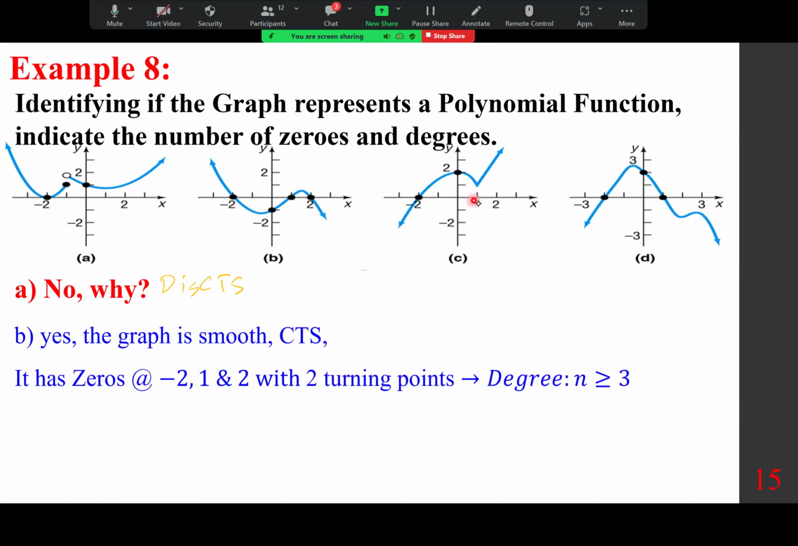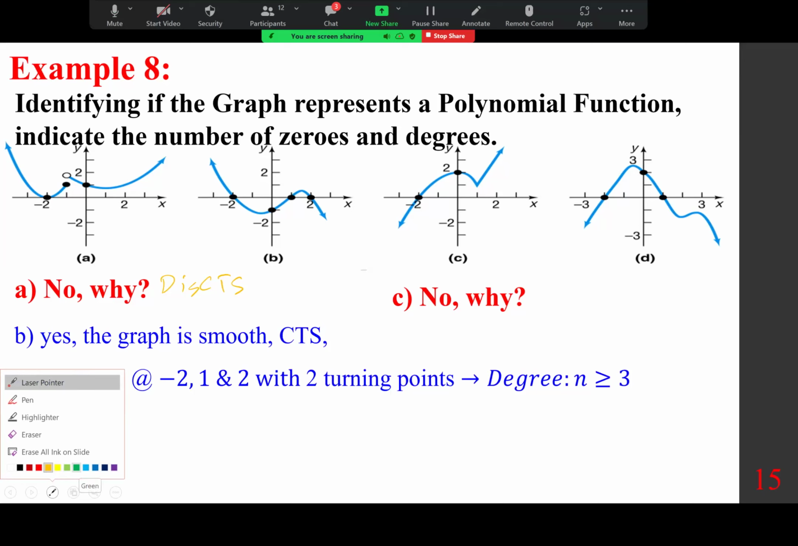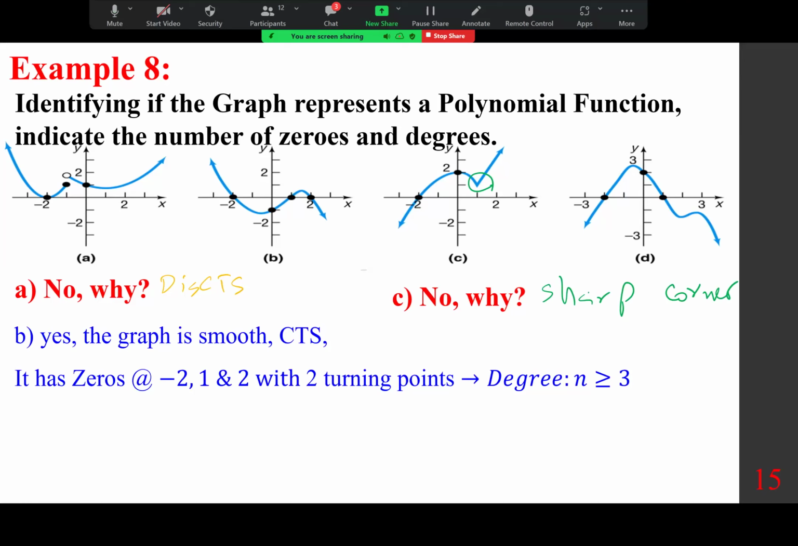What about this one? No. Why not? Sharp corner. It has a sharp corner. It's not smooth. Is it continuous? Yes. But it can't be a polynomial function. If you look at the last one,